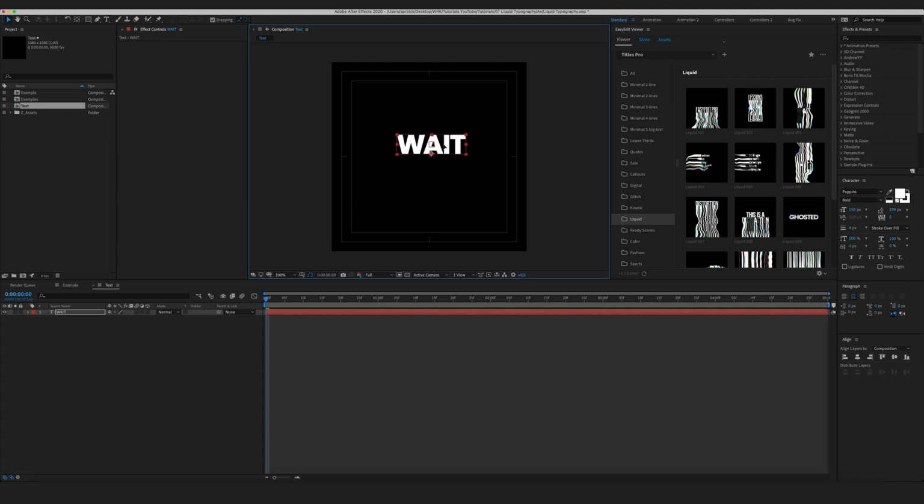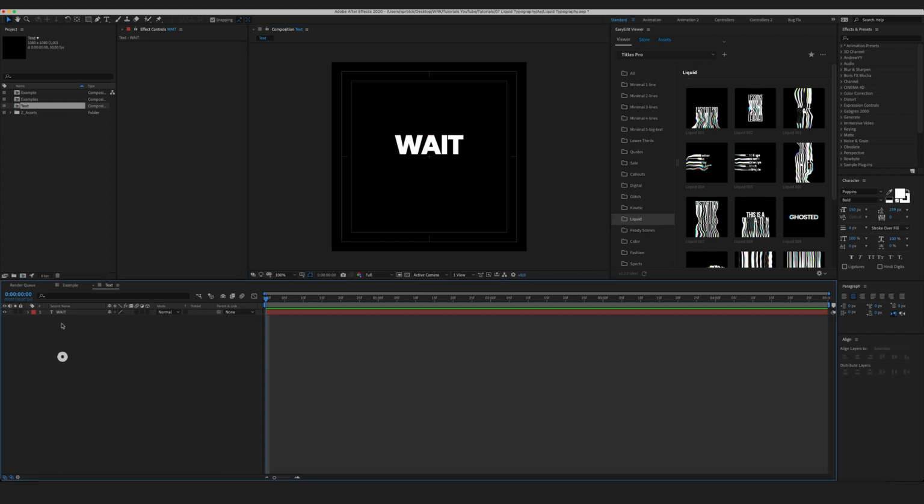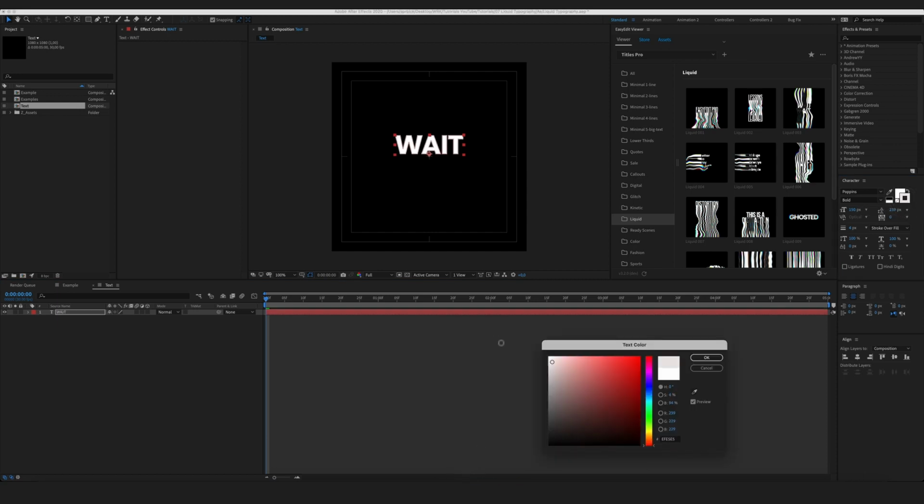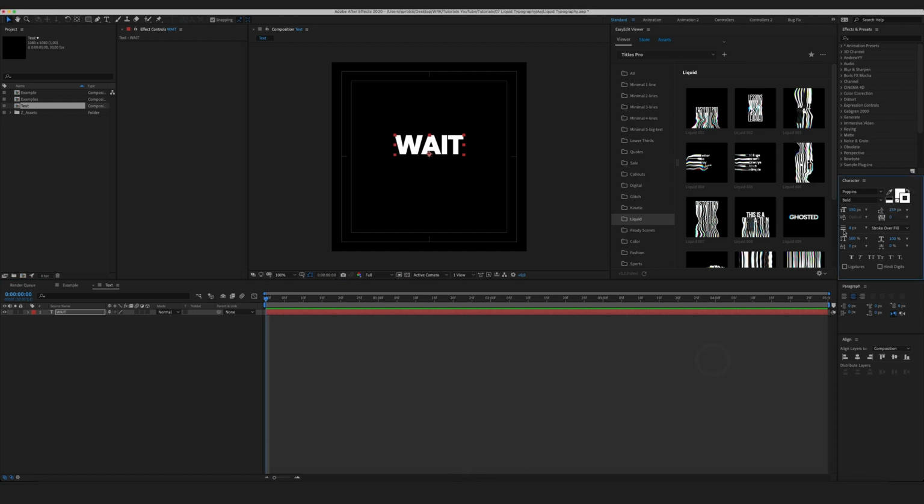Important thing here is to have the stroke and the fill enabled. So if you don't have the stroke enabled, just select your text, click here, select the color you need, and let's set the stroke width to 4 pixels. Alright, cool. Now I'm gonna call this text 1